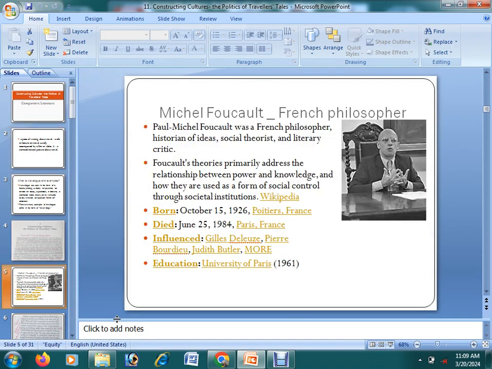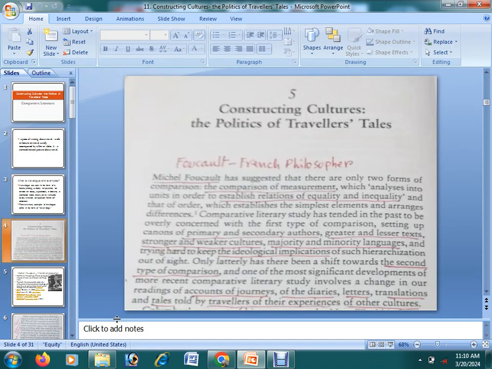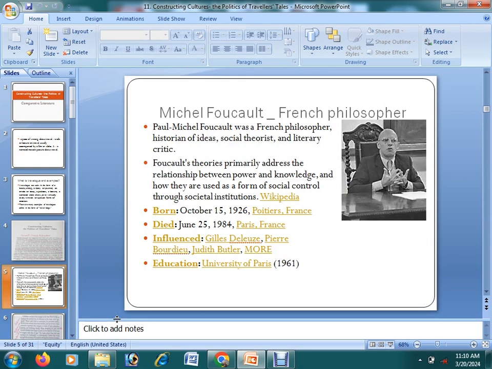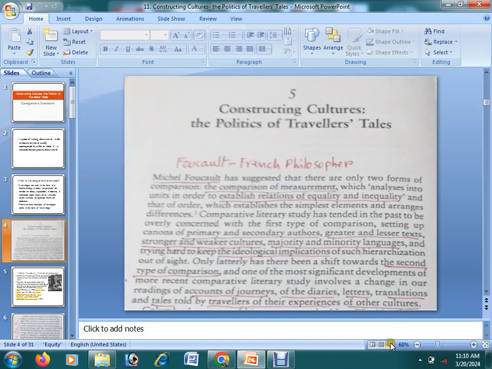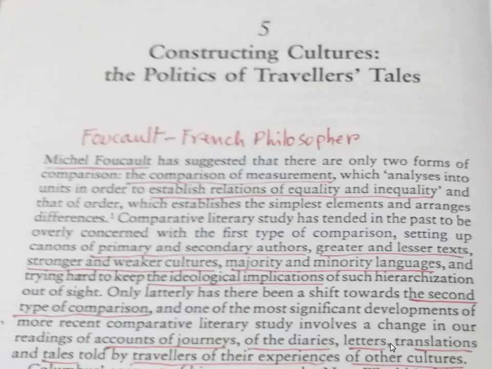Constructing culture. We start with the observation of Michel Foucault, the French philosopher, in comparative literature. He has said that there are two kinds of measurement in comparative literature. What are the two kinds of measurement? One kind of measurement is